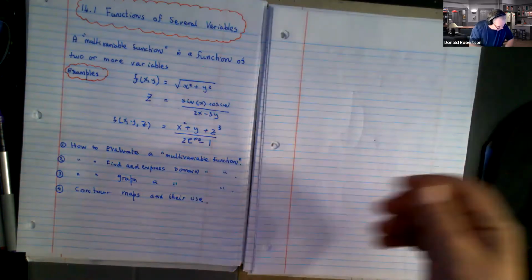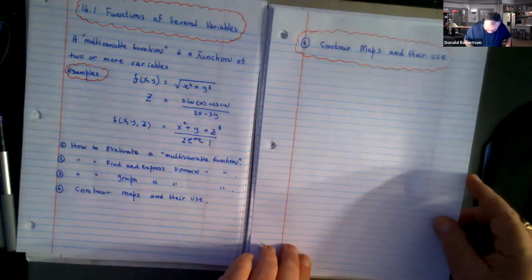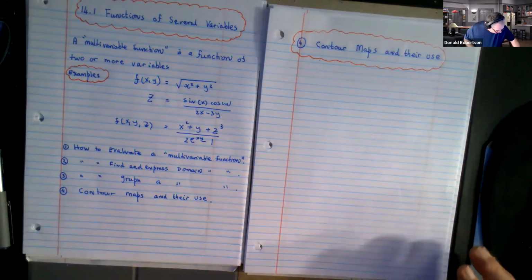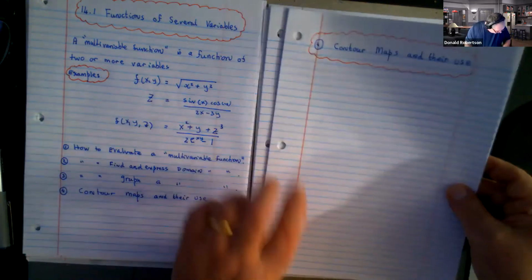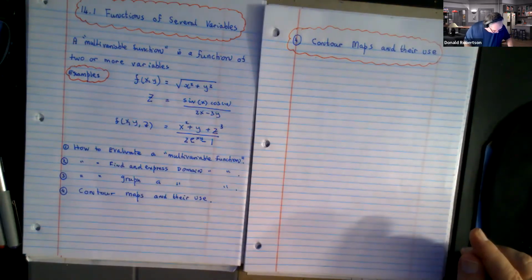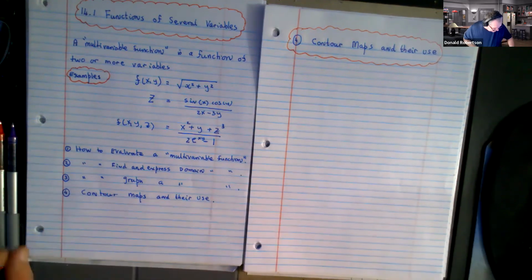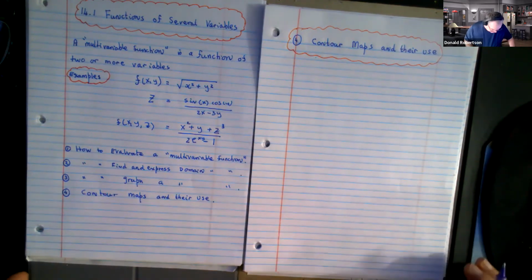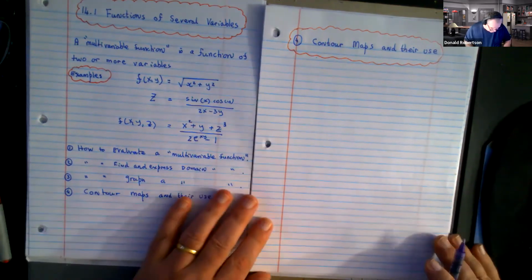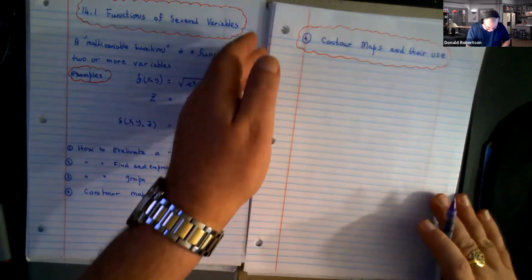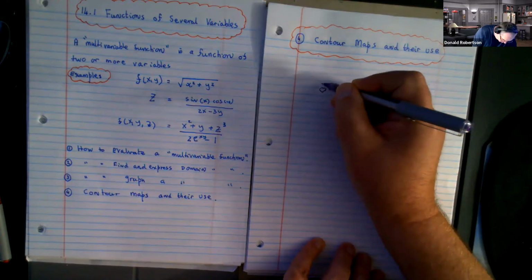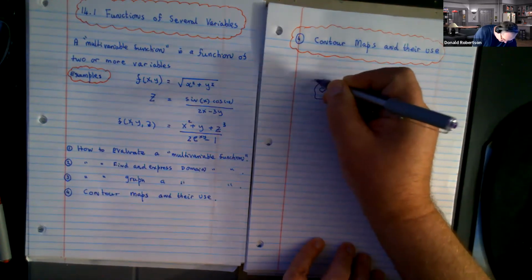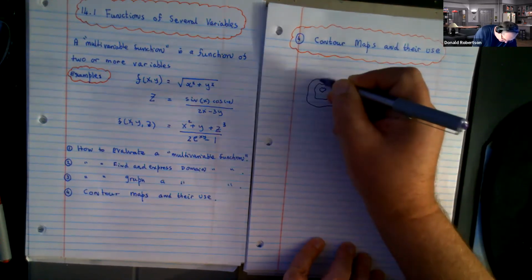So the last thing we're going to be dealing with is called contour maps. And they're very useful because what a contour map allows us to do is to visualize a 3D function, a surface, in 2 dimensions. And you know what contour maps are, I expect, if you've ever looked at an ordnance survey map. Basically, points of equal height are joined together by a curve. So that would represent